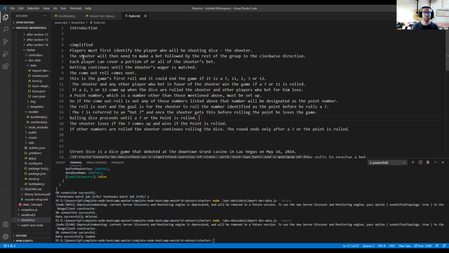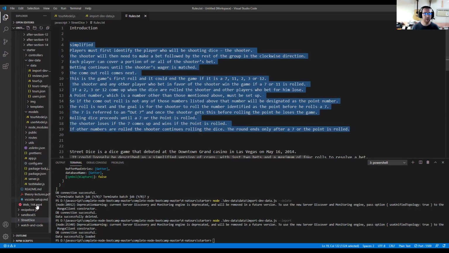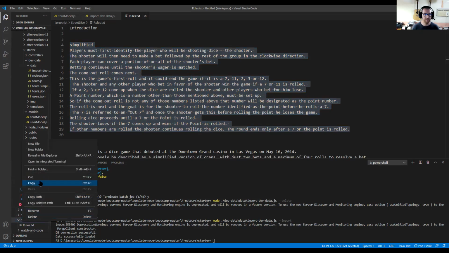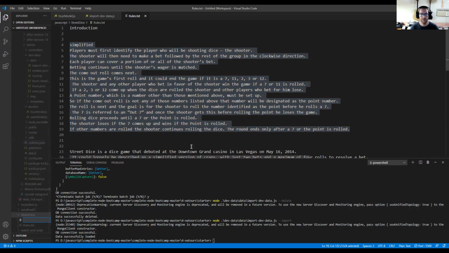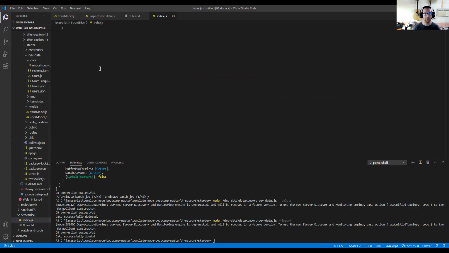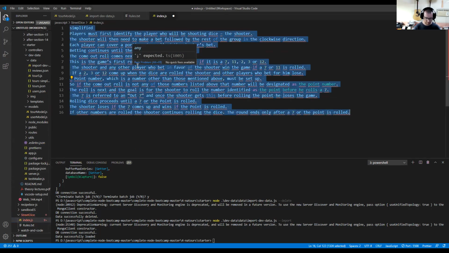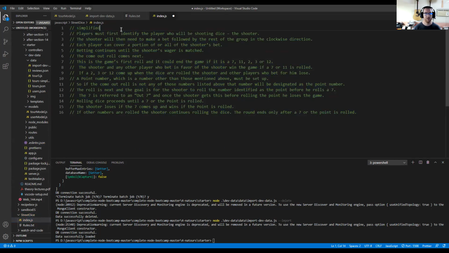And so I think what I'll do is I'll just copy this and create a new file. This will be our index.js. Put this in here and just comment this out. So a couple of things. I did do a dice game a while back, and I might be taking some things from that because I was able to just looking at,